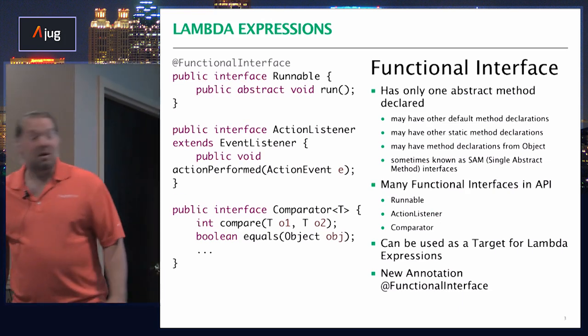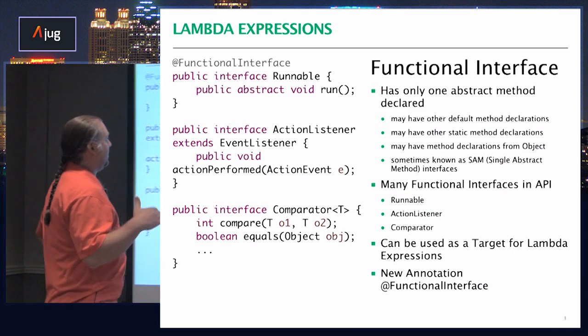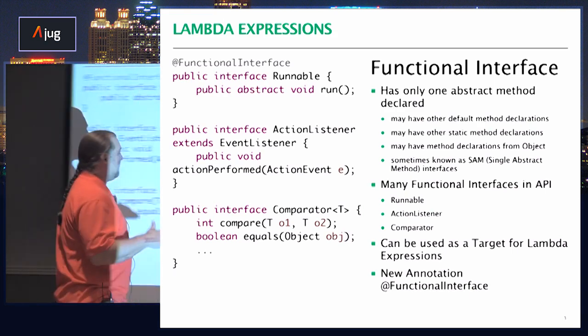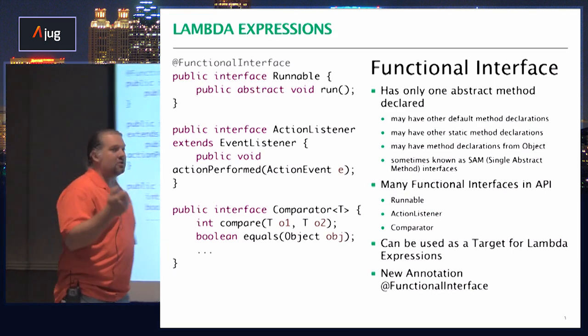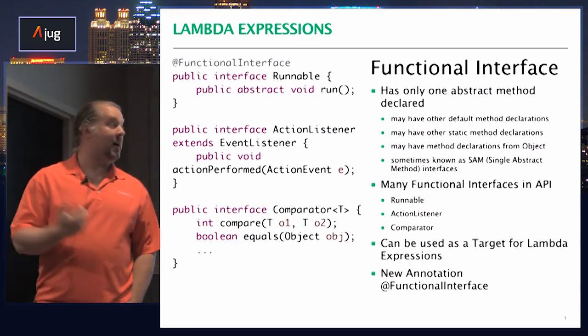It's fun. Anyway, the point is, anywhere we use a functional interface, we can now use these interfaces as a target for Lambda expressions. So if I want to have a variable of type Runnable,